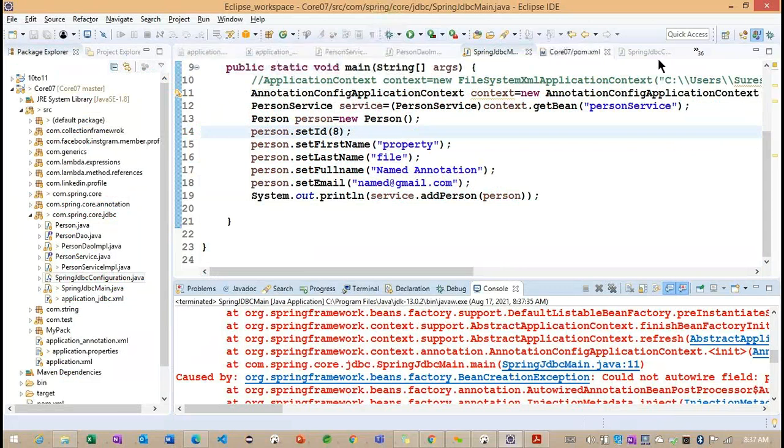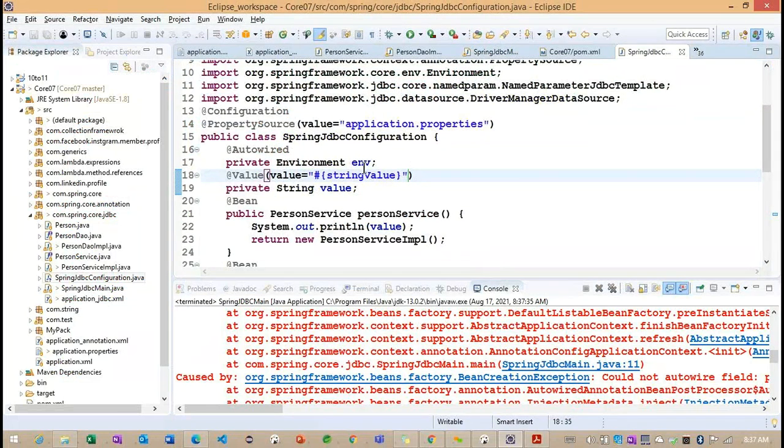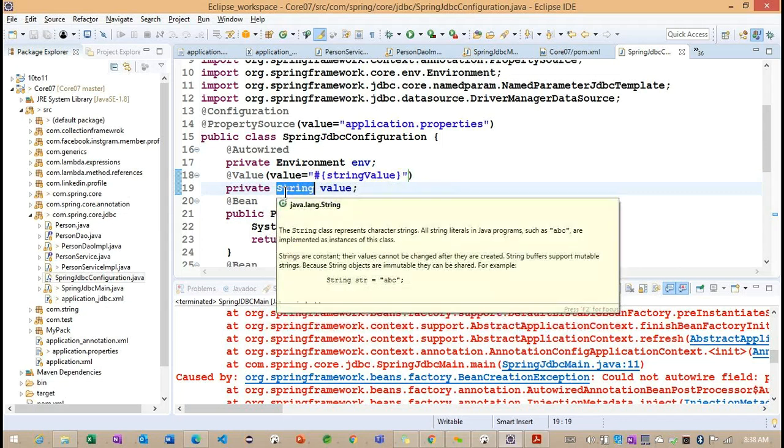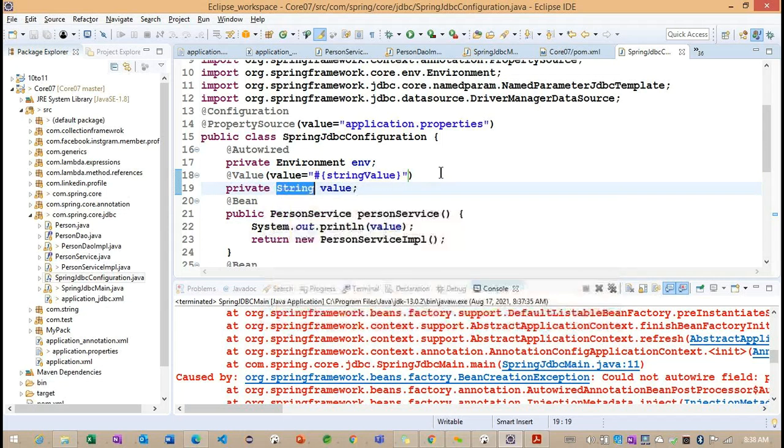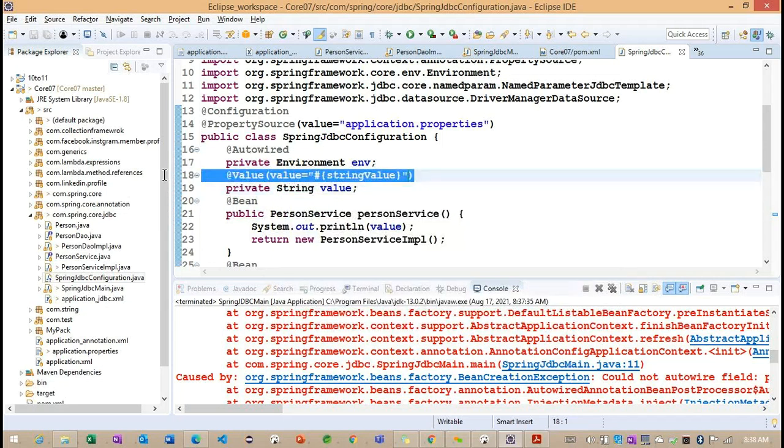Basically, why I'm providing the value annotation here: whenever we want to load specific information for these primitive properties, these objects are not created by the container. These objects we are going to create, and for these cases we need to specify the value. The value we get from the value annotation, because everything we work on is in annotation format. So some properties we define in our application.property file.